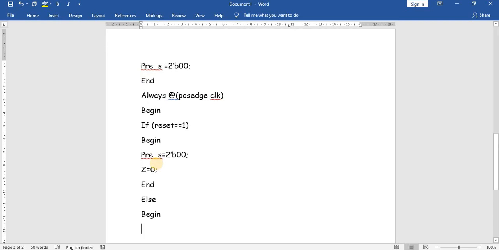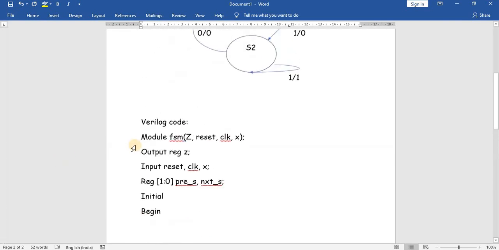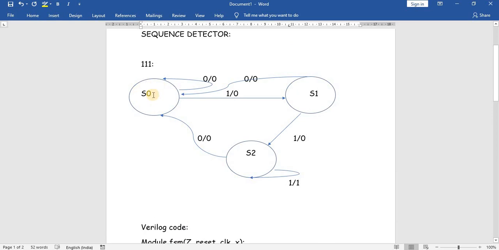If in the present state, x equal to 1, if the input is 1, then what happens? So we will give the different cases. Case, open the bracket, present state. Suppose the present state is equal to S0, then it will come inside this S0, and then check if x equal to 0 and if x equal to 1.